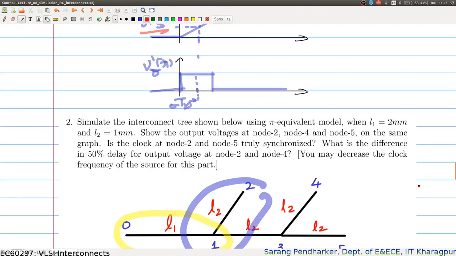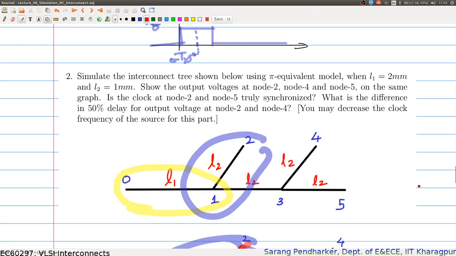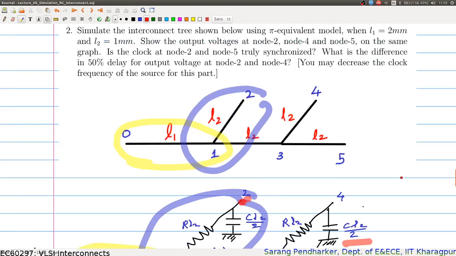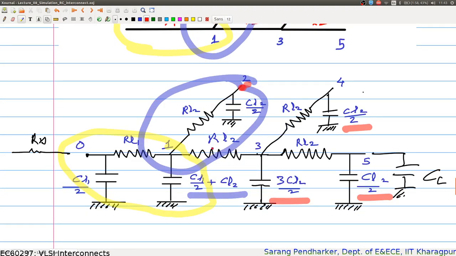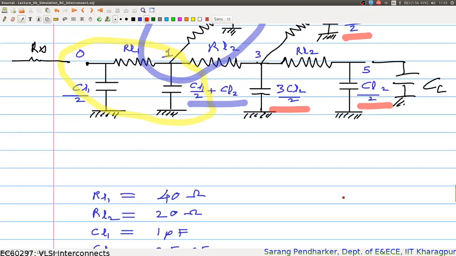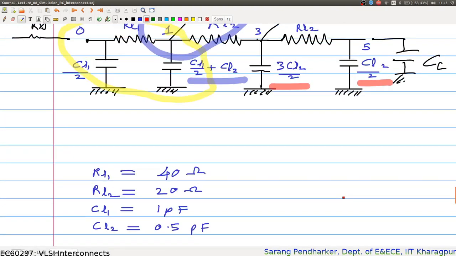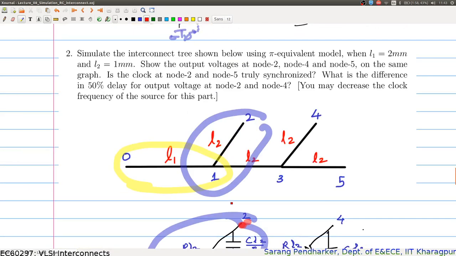Right, now let us extend this for an interconnect tree. We have seen an example like this in the lecture earlier, and we had also seen the equivalent model for this, and how to get the values of capacitances for all these components. So here I have written down the values of R1, RL1, RL2, CL1, CL2. The values of L1 and L2 are given. So you should now go ahead and